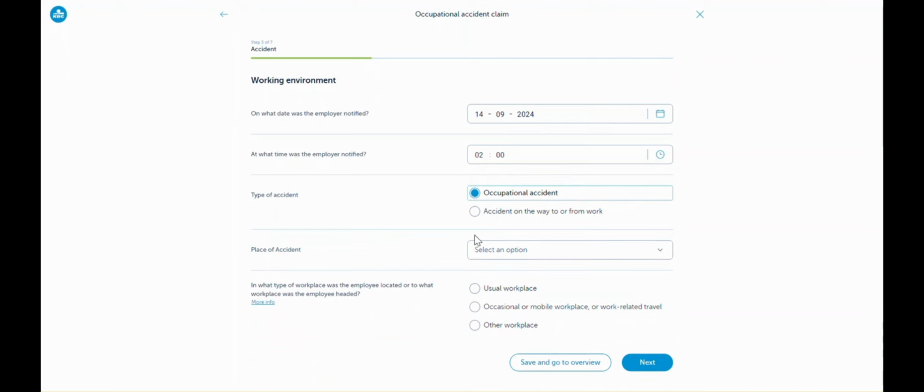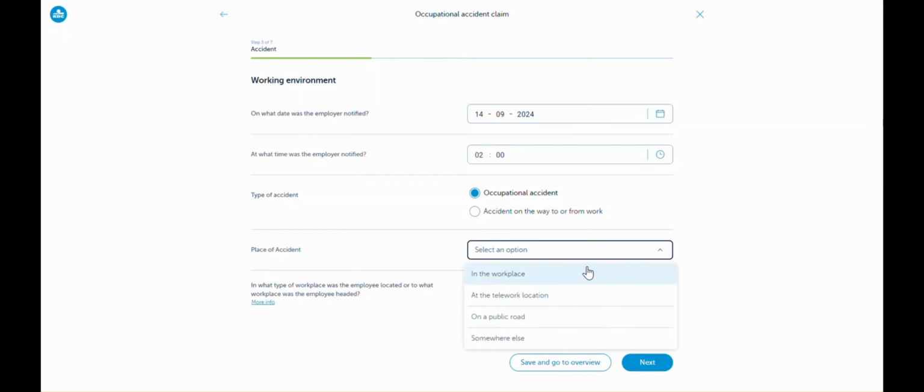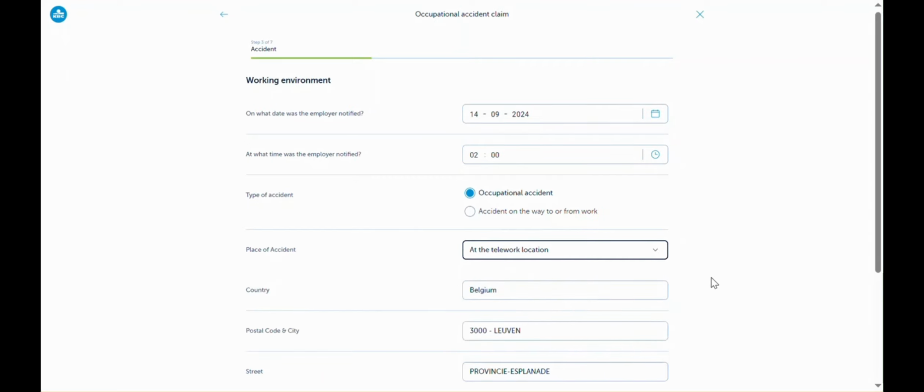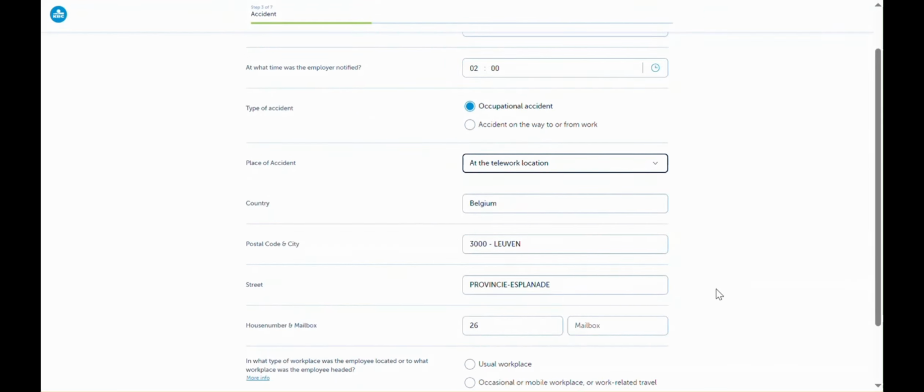For the place of the accident, there are 4 options to choose from. In the workplace, at the telework location, on a public road, somewhere else. If you select option 1, in the workplace, no additional field will appear. If you select option 2, at the telework location, additional fields will appear where you can enter the address of